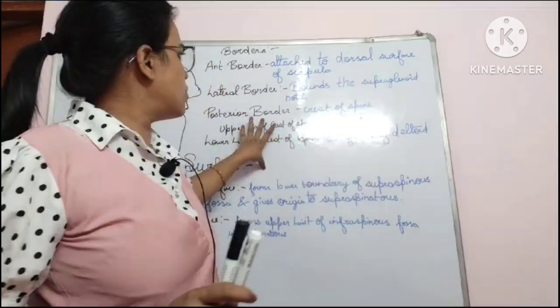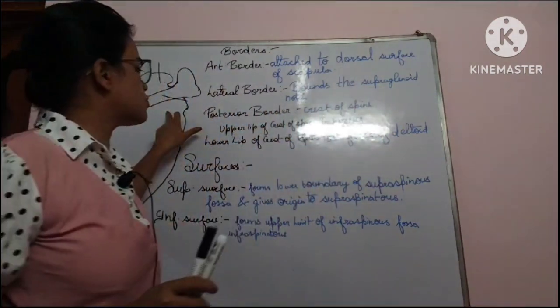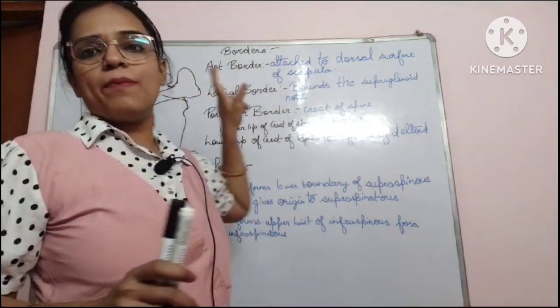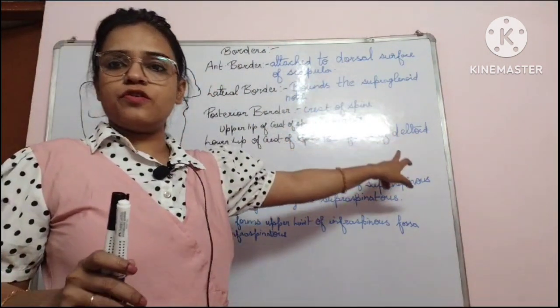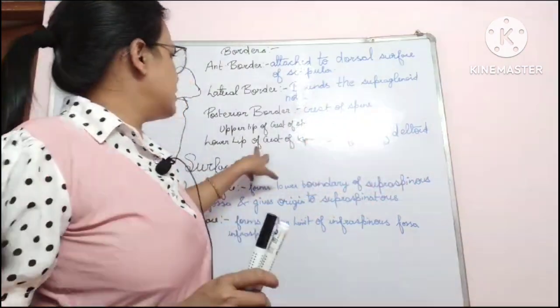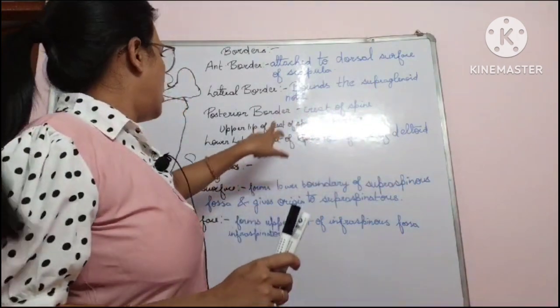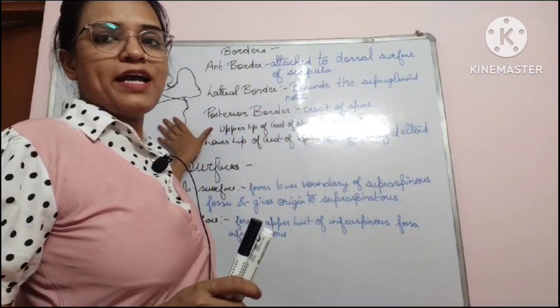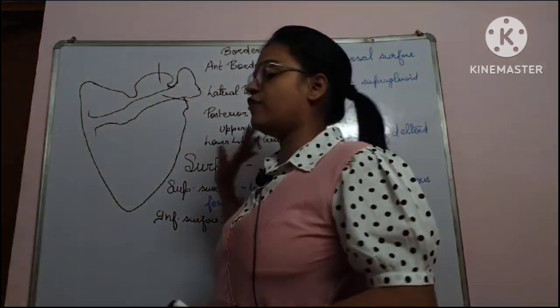If we talk about the posterior border, crest of a spine, this is the posterior border. So upper lip of crest of a spine has the origin of trapezius and the posterior fibers of deltoid arise through the lower lip of crest of a spine. Now talking about the surfaces,